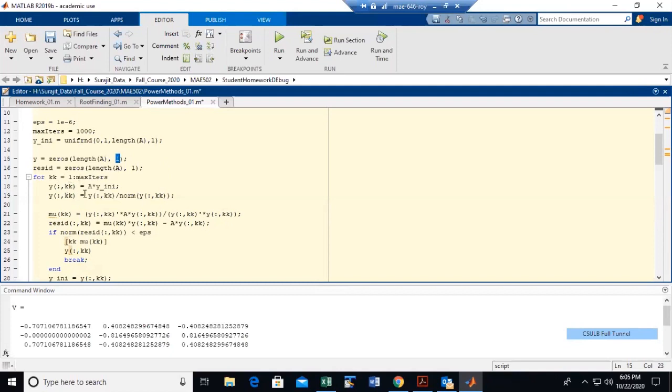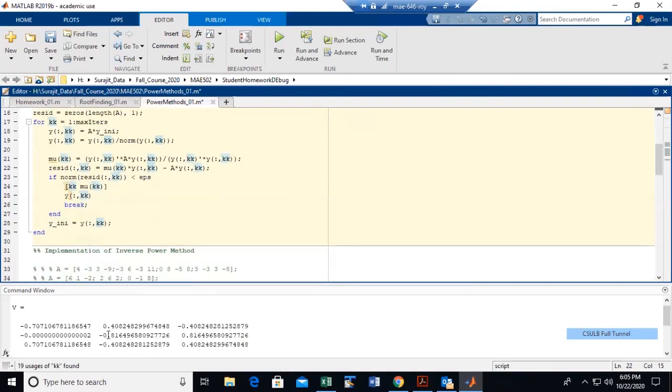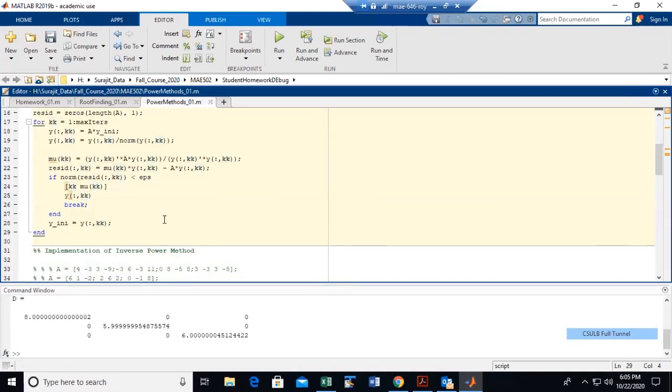Everything else inside remains the same as I just wrote it in the sheet, where you start with the first column of the y vector, and you multiply the initial random vector with matrix A. You normalize it, then you find the eigenvalue, then you calculate the residual, and when you check the residual, if it is less than epsilon, then you break, otherwise you keep on continuing. So if I actually run this script,